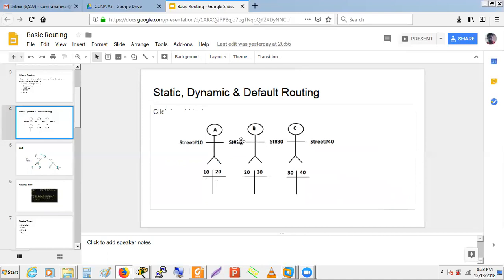They themselves manage the alternate path, or they themselves manage the updates to others. Suppose this street 40 goes down, so this person will update it to B and A. I don't have to instruct that to A and B. So that's a benefit actually, that the updates will be done. But see, if we have a low-end resource and the network is very small,